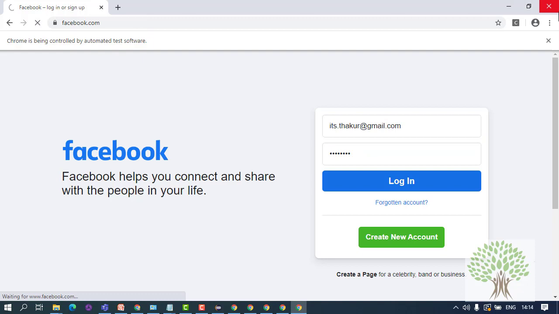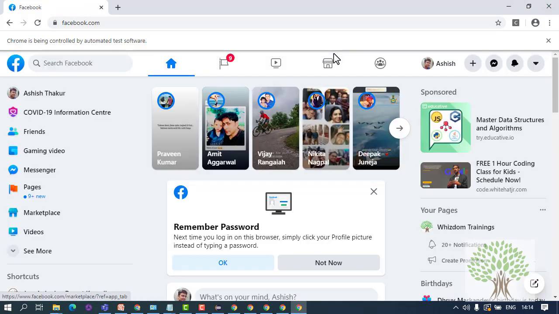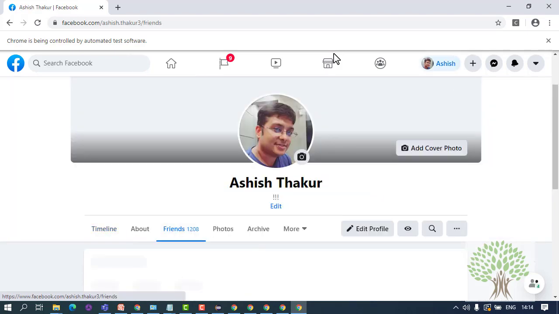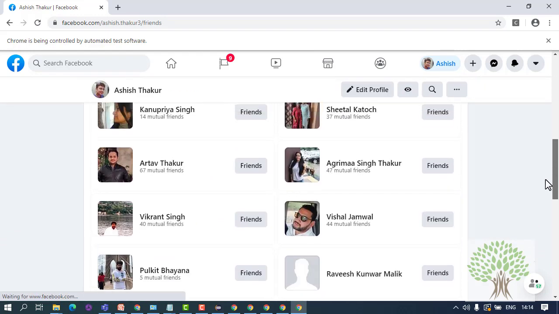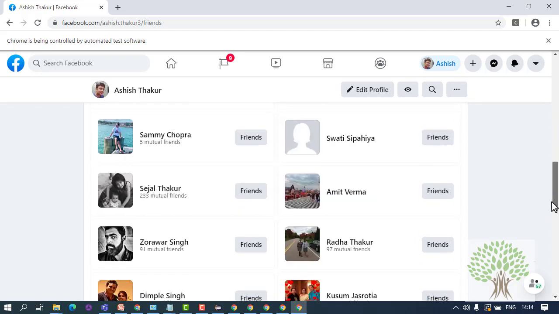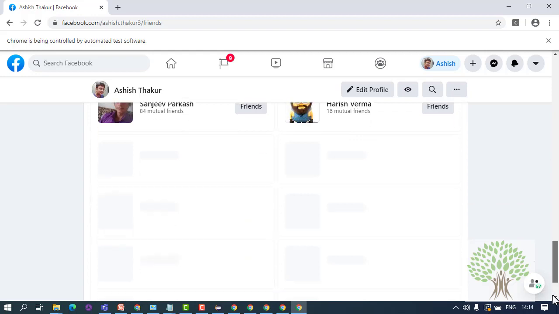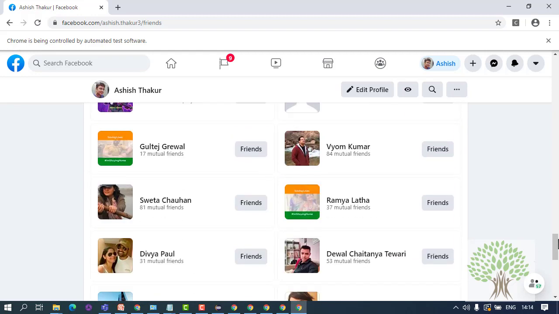Okay, this page, yeah. So it logs you in, and now it clicks on my name as well, and it clicks on the friends link as well, and you get all the friends. Now the problem with this page is that you have to scroll down. As you keep on scrolling down, more and more friends are loaded.